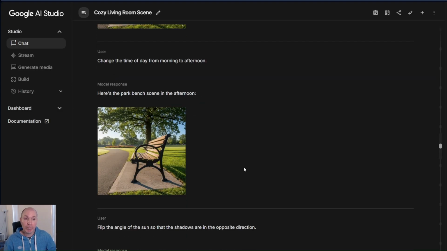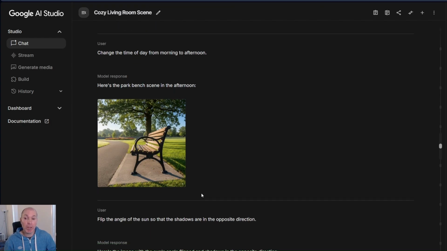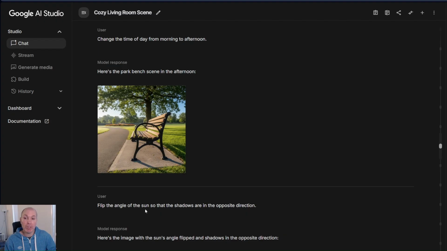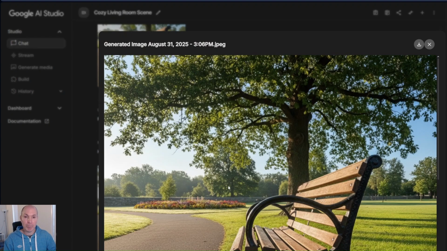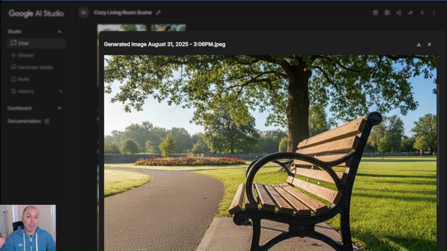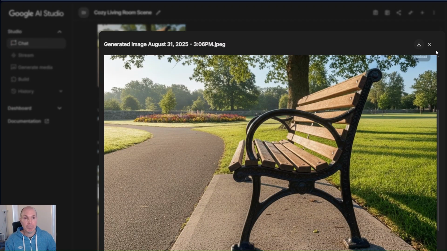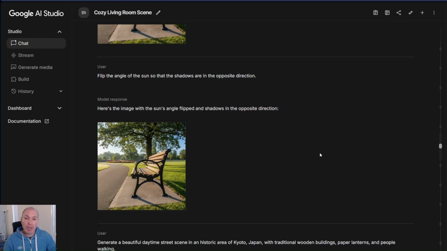I thought, well, what if we ask it in a different way? Flip the angle of the sun so that the shadows are in the opposite direction. So flip it to the opposite side and see if it can change. And it stayed the same. So the sun is still on the one side of the image and it didn't go to the opposite side. So I thought, well, it seems like that is the limit of that exercise, and I wanted to move on